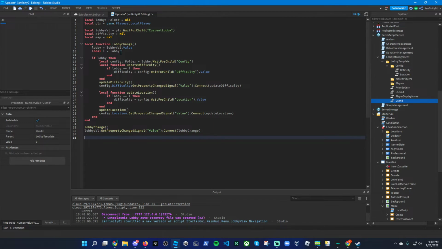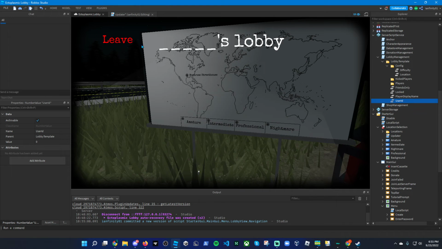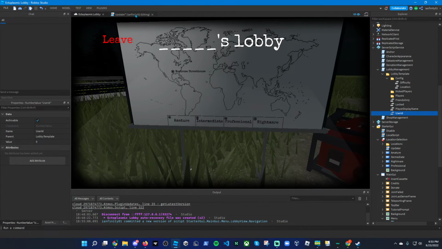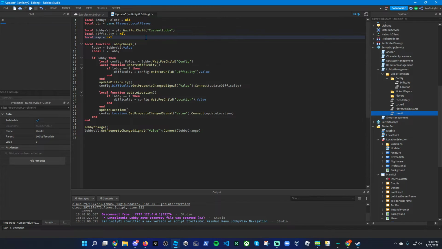So whenever your lobby changes, it sets it up so that the difficulty and map will change based off that as well. And I need to update the pin. I have a little push pin I need to put at the right position based off settings. So I will say